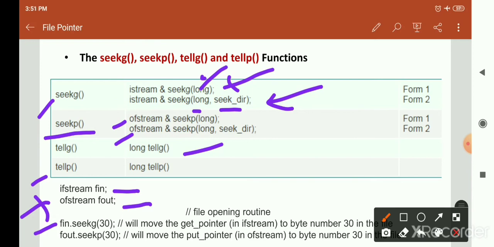So it directly moves to byte number 30 in the file, and fout.seekp(30) moves the put pointer to byte number 30. In this way you can randomly access data from a file using seekg.